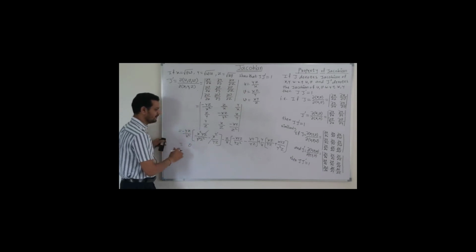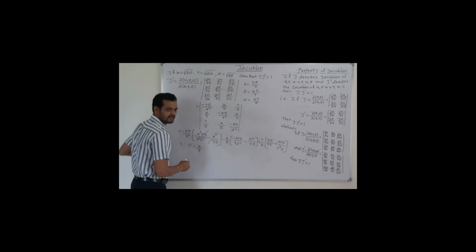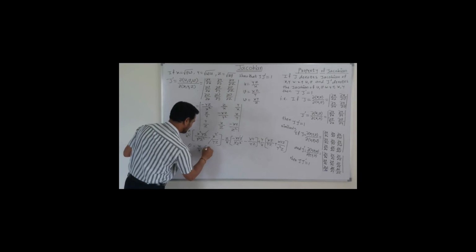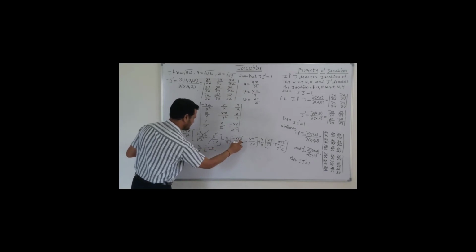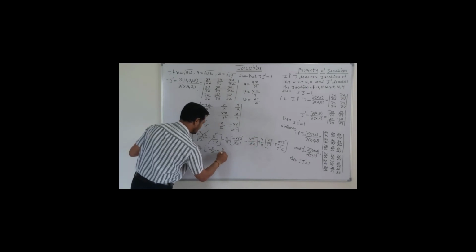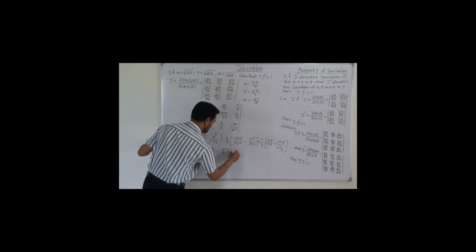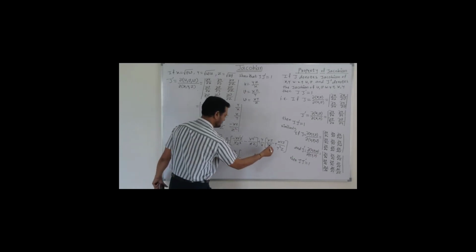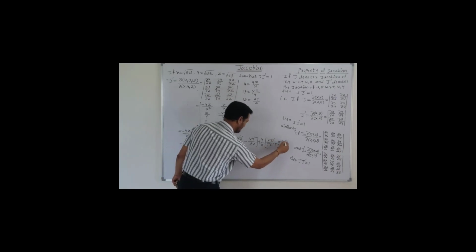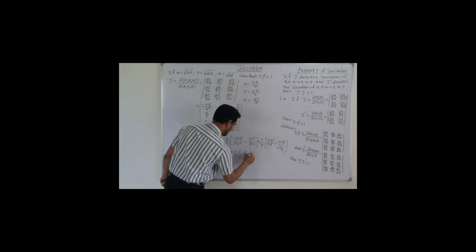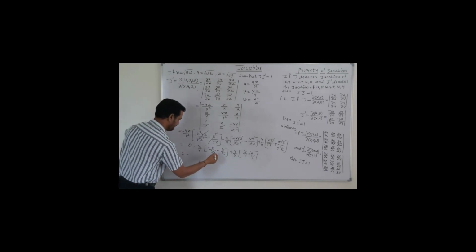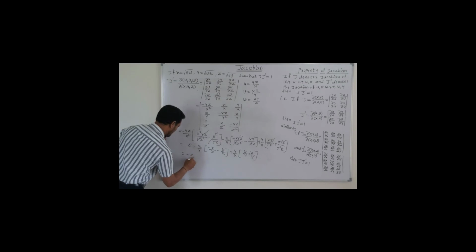So 0 into something is 0. Then this is minus z upon x. So then here friends, this y and this y will get cancelled, and we get minus x upon z, minus this y will get cancelled, this is again x upon z plus y upon x. Then in the bracket we get this z will get cancelled, this is x upon y. Then again this y will get cancelled, this z will get cancelled, this is x upon y, so addition is there. So if we try to simplify this, then we get minus z upon x, in